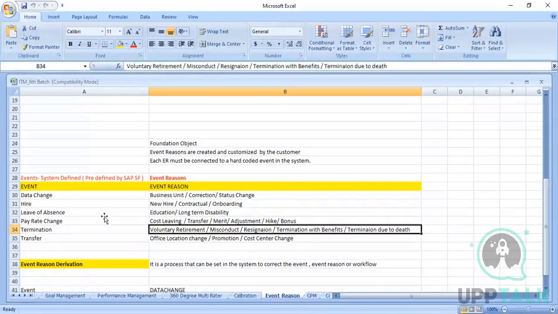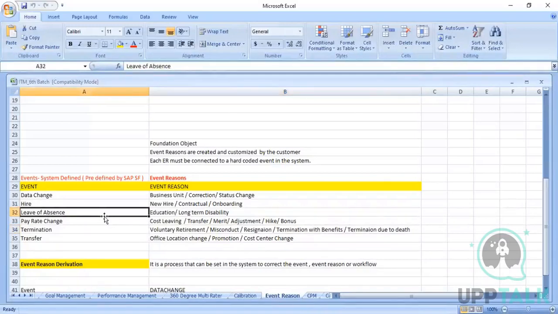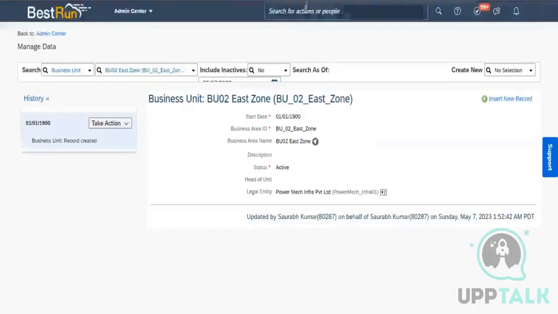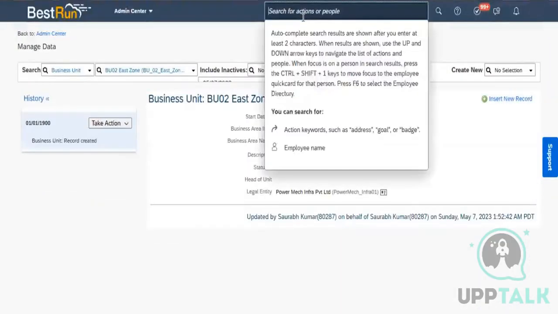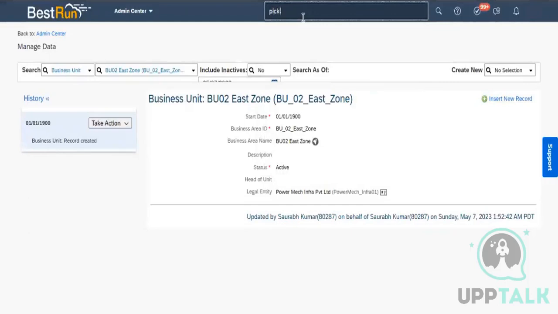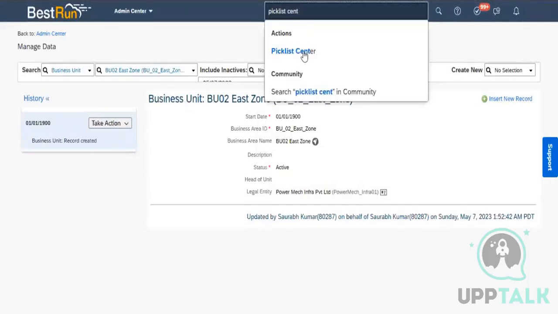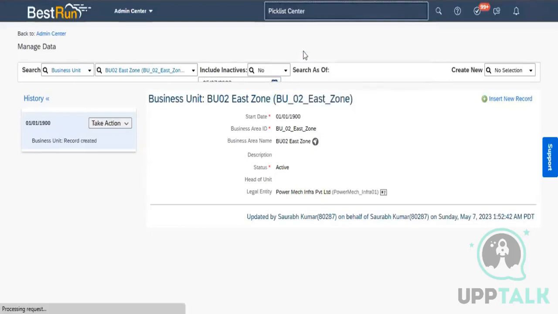Okay, got it? So these are some examples of the events and event reasons. Now in the interview, if they want to know how we can track the standard events, where can we go and see all the standard events? In the Picklist Center. So when you go and see in the Picklist Center,